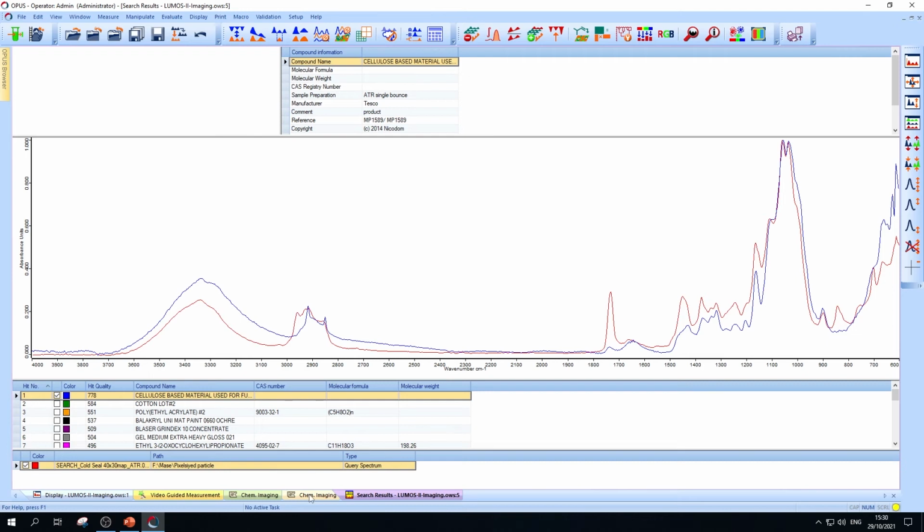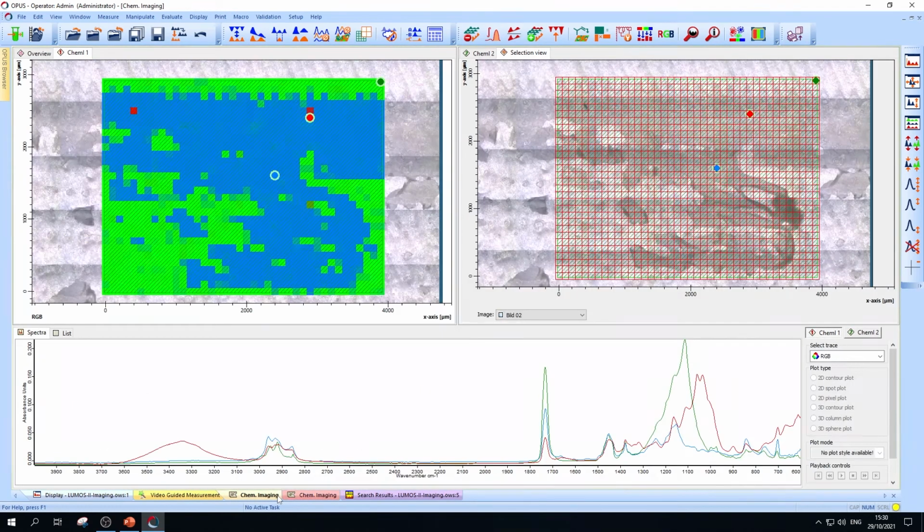If we check, we see this is exactly matching the cold seal. So that means it's a mixed spectrum of cold seal and definitely the cellulose-based material, so viscose, for example, which could be proven by the customer, that this is the hidden layer underneath the inner face, which has been put a hole inside our measurement area.